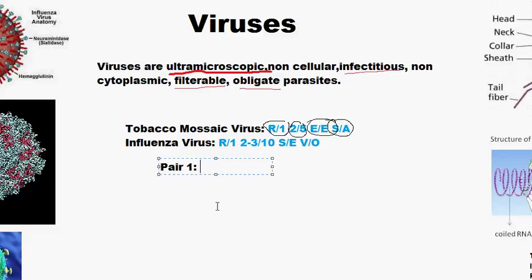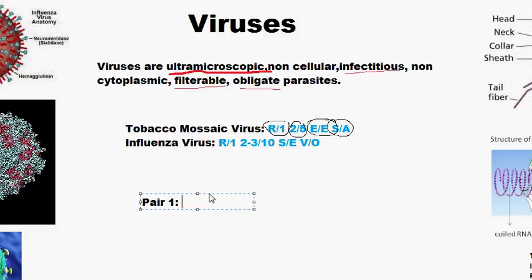So R refers to RNA. If I put D over there, that will refer to DNA. And what is the meaning of /1? That 1 here refers to the single stranded RNA. Now you may say that RNA is always single stranded and DNA is always double stranded, but you are not correct. Commonly RNA is single stranded and commonly DNA is double stranded, I agree, but there are some examples where there is single stranded DNA or double stranded RNA. So that can also be possible. So it doesn't imply that if RNA is there, it will be single stranded. That doesn't imply. I want to convey that fact only.